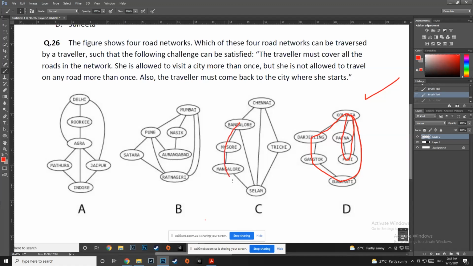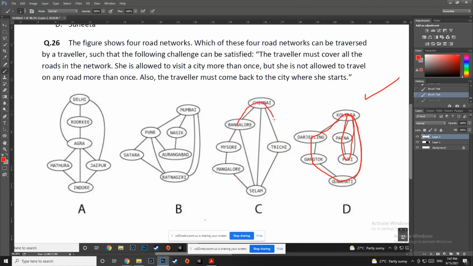So let us start from Bangalore and try. Salem, Chennai. No, we always end up moving from the place we started. Oh, no. Actually, it can be done. See? Can you see once more? See, Chennai, Trichy, Salem, Mangalore, Mysore, Bangalore, Chennai. Okay, all new roads till now, then Salem, and then Bangalore. Where did we start from? Wait. Chennai. No. No. It can't be done. It can't be done. My bad.